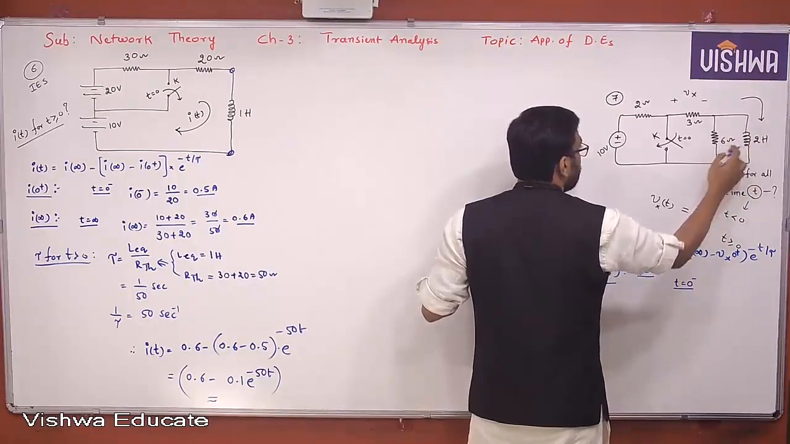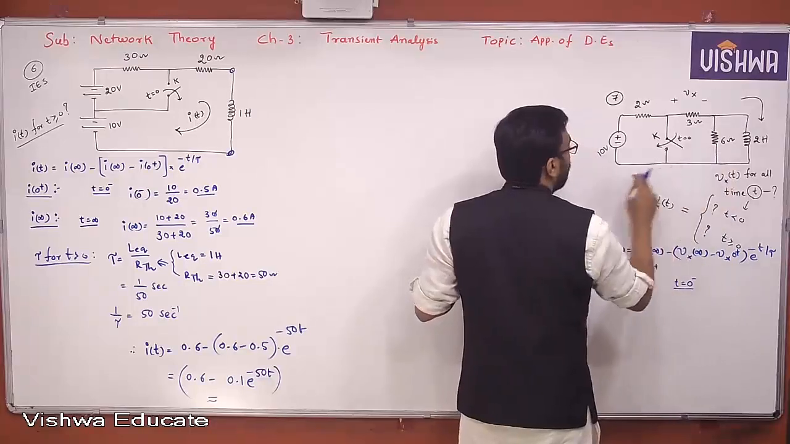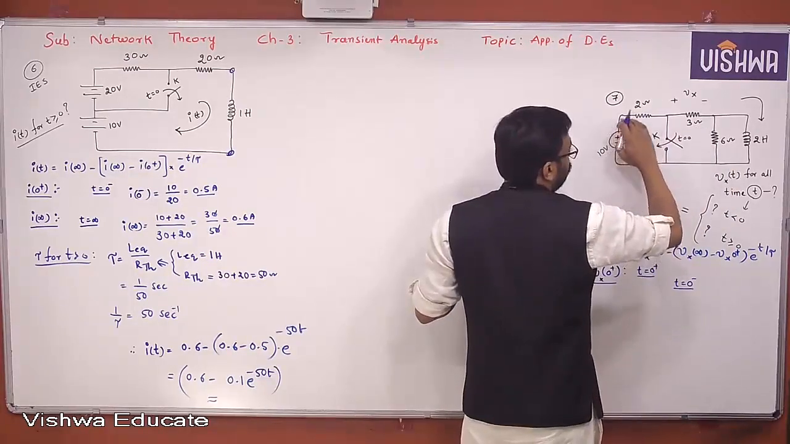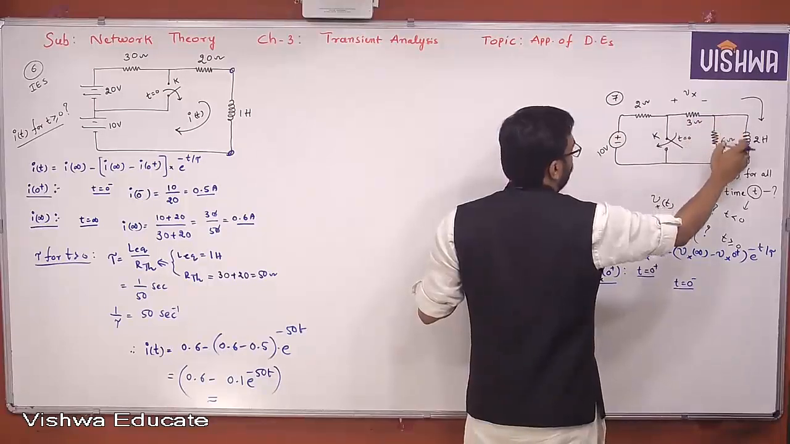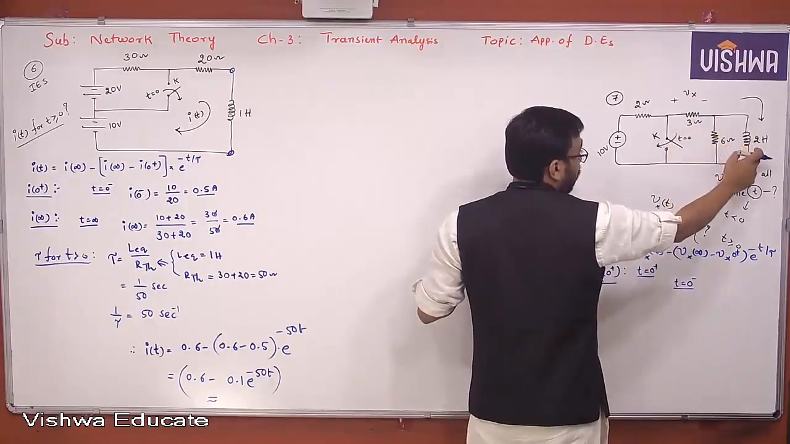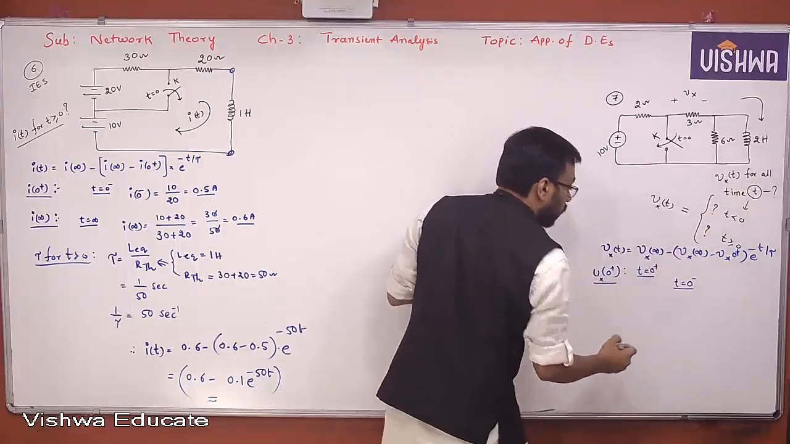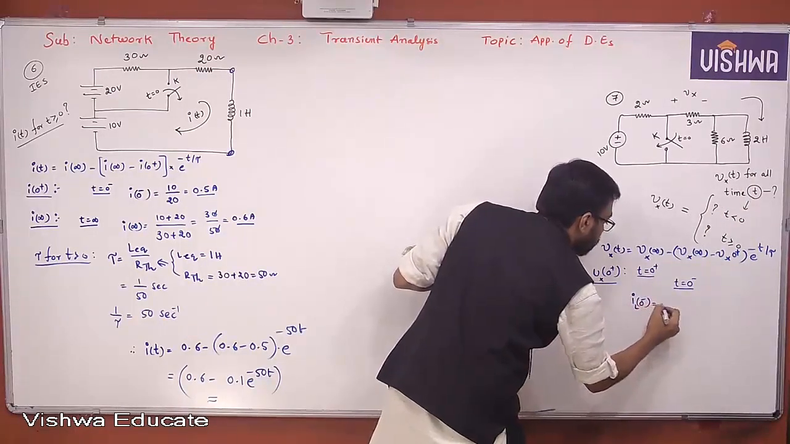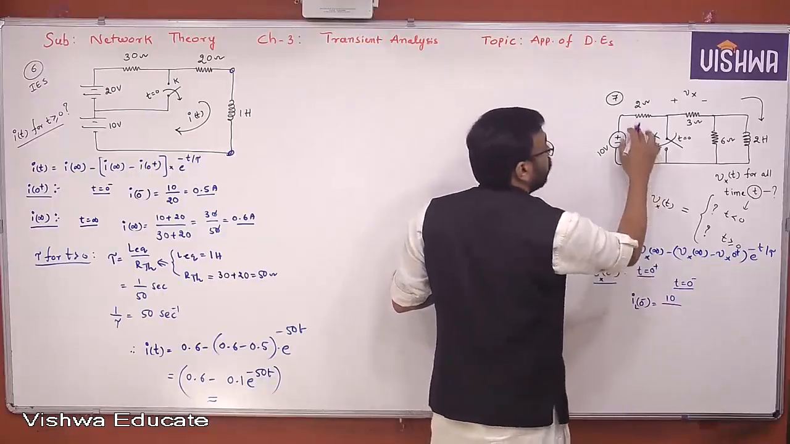If it is shorted, this is also gone. Then finally you are left with 10 volts, 2 ohm, 3 ohm in series, and then a short circuit because this is gone. So the current flowing through the 3 ohm is nothing but the current through the inductor. Therefore, you can find IL of 0 minus is 10 volts divided by 2 plus 3